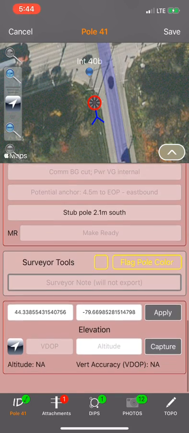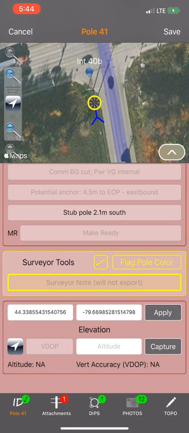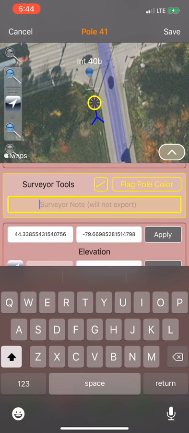Now we have a survey tools section, and that is for your own use or your fellow surveyors' use, or maybe a quality control QCer that is going to look at your work. Especially if you're new and you just don't know if you filled out everything correctly, you can check that and then leave a note saying something like,